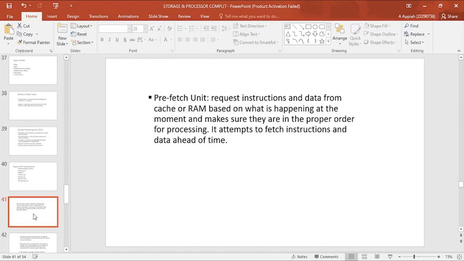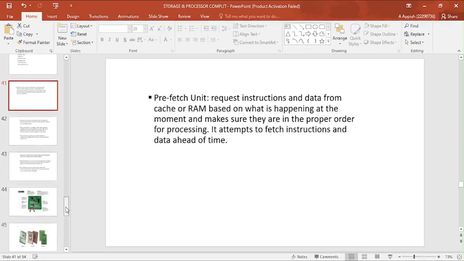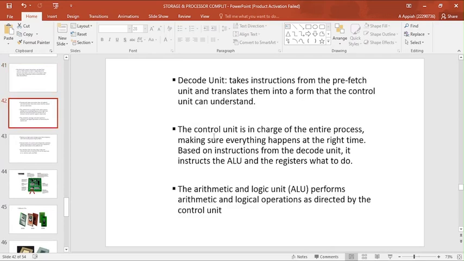So the prefetch unit will beforehand, first of all, request instructions and make sure these are arranged in the proper order. What it does is attempt to fetch instructions and data ahead of time. Then after the instructions or data have been fetched,